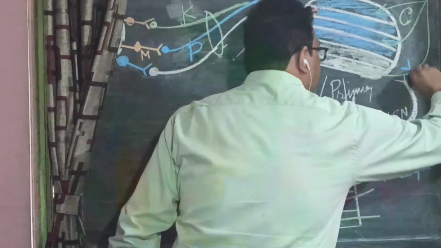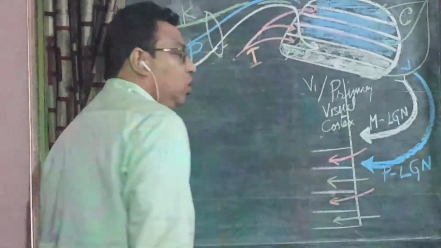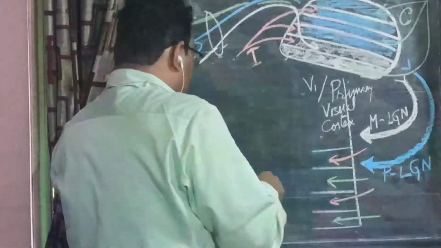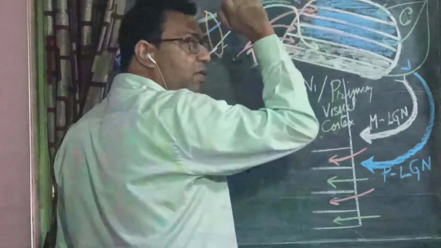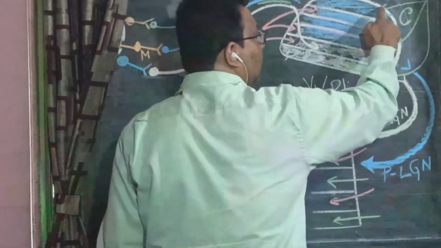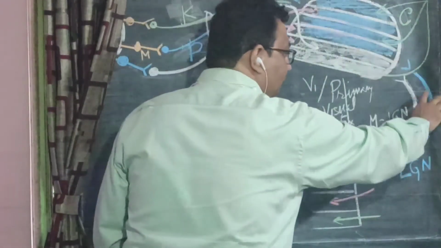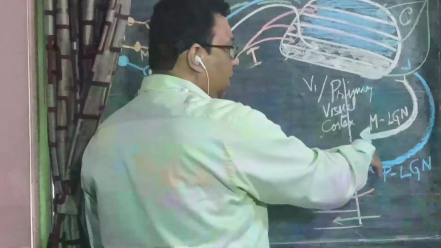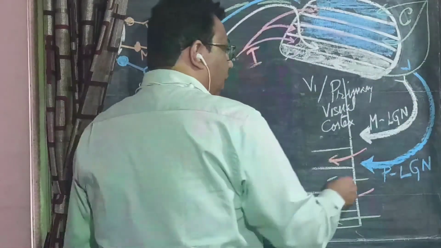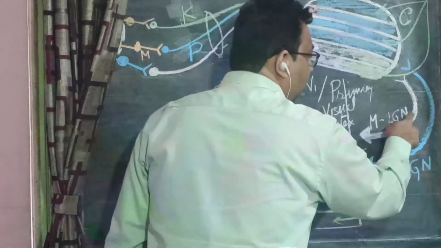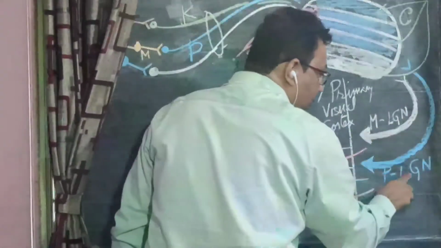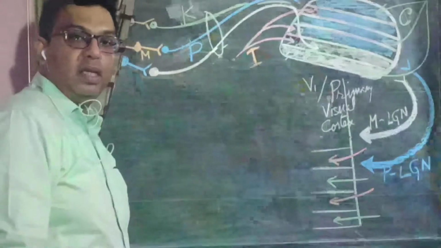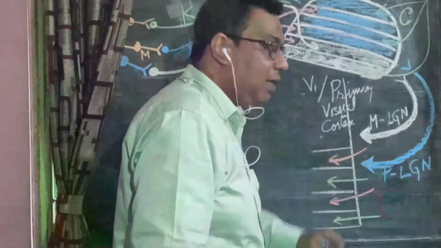So they are also carrying the sensation as if a labeled line is continuing. So what are they carrying? We can see the parvocellular pathway contributing from the ipsilateral side to the third and the fifth layer, and from the contralateral side to the fourth and the sixth layer. Further down, they will be carried as optic radiation. The optic radiation also has fibers designated as M, lateral geniculate nuclei, that is, a continuation of the magnocellular pathway, and P, lateral geniculate nuclei, a continuation of the parvocellular lateral geniculate nuclei or parvocellular pathway.